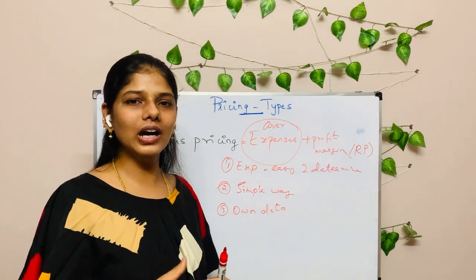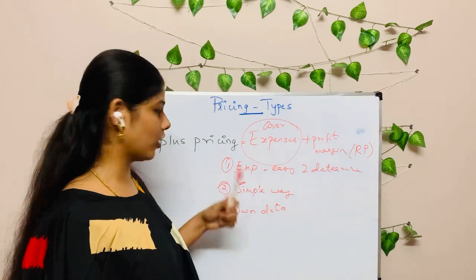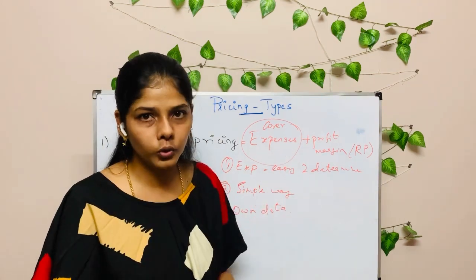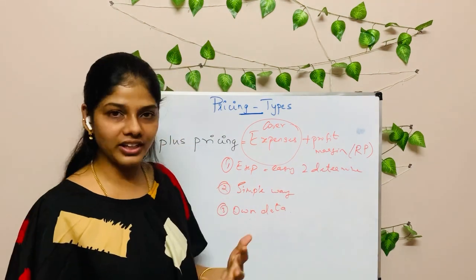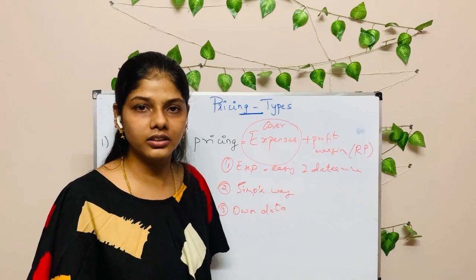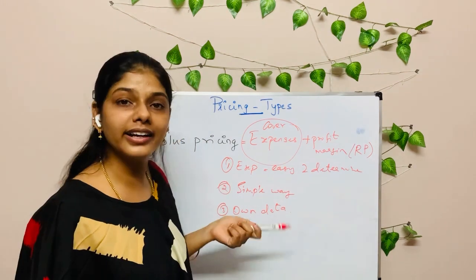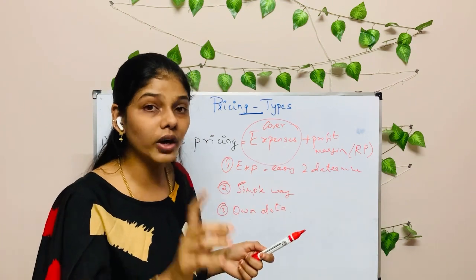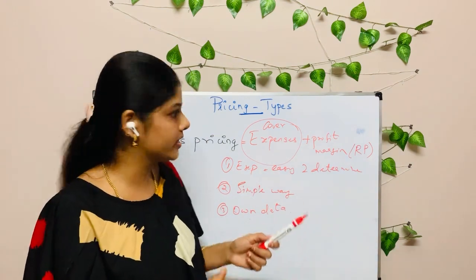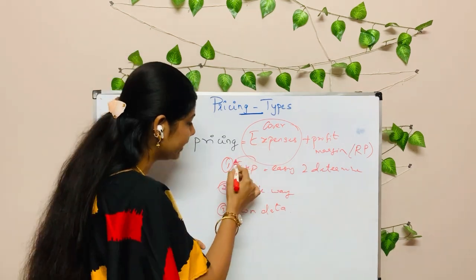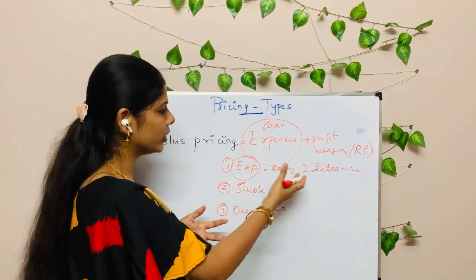So let us see what are the advantages of using this cost plus pricing. So if we as manufacturers are going to use cost plus pricing, the first advantage is that it's very easy to determine. Why? Because in cost plus pricing, if I am going to decide the price of a product, what is the one factor that you will keep in your mind always? It's going to be only expenses, okay. So you will keep in mind only the expenses that have been incurred so that it becomes very easy to determine,